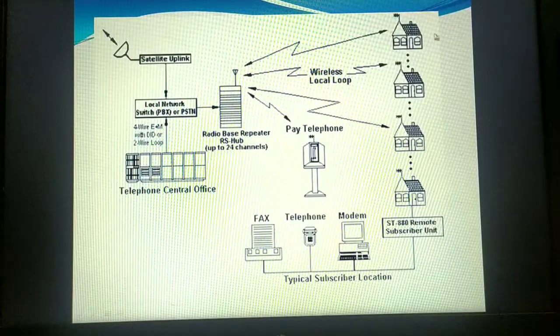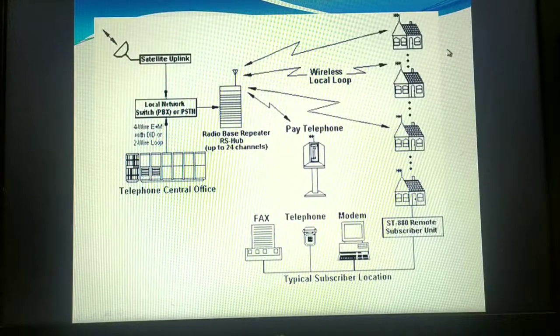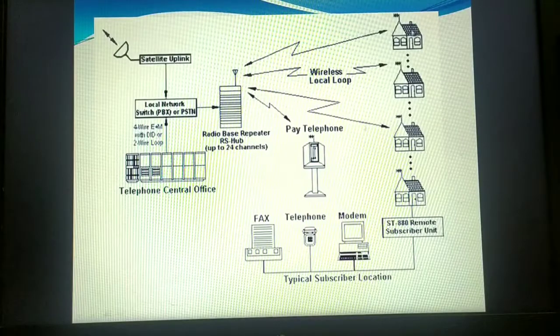The other one is connected to the landline phone. If you disconnect the connection between that box and your landline phone, you will not be able to hear the ringtone. If you plug it in, then only you will be able to hear the ringtone. That is nothing but the radio transceiver mini station given to the customer, so that they can establish the connection between the base station and your house.